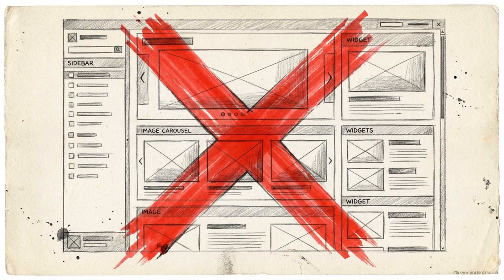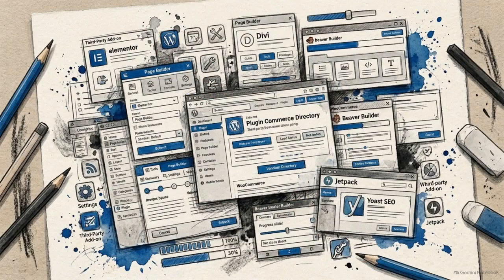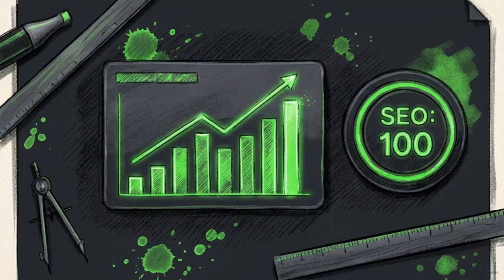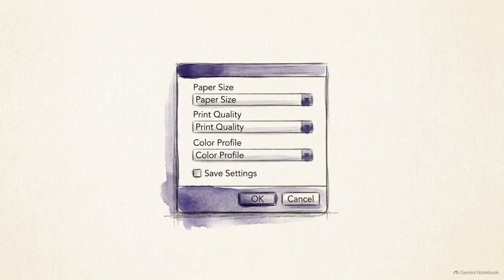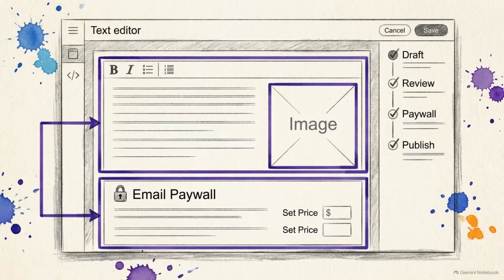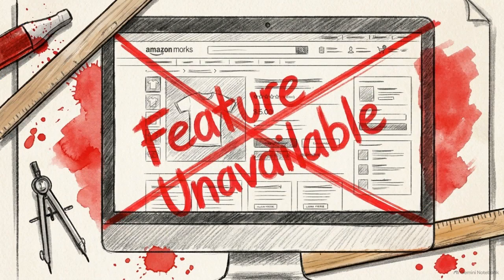You do not get the block-based page builders or the custom layout abilities that come standard with a general CMS like WordPress. Instead, Ghost relies entirely on robust built-in SEO and analytics tools, deliberately avoiding the massive but often fragmented third-party plugin ecosystem. The software forces you to conform to a publishing-first workflow. It prevents you from bloating your site with add-ons, but it limits your ability to build complex marketing landing pages.